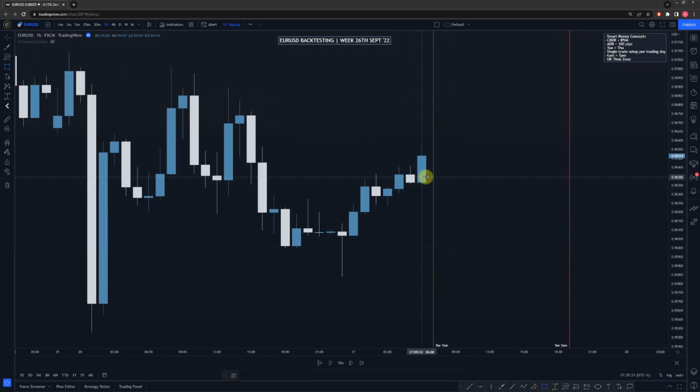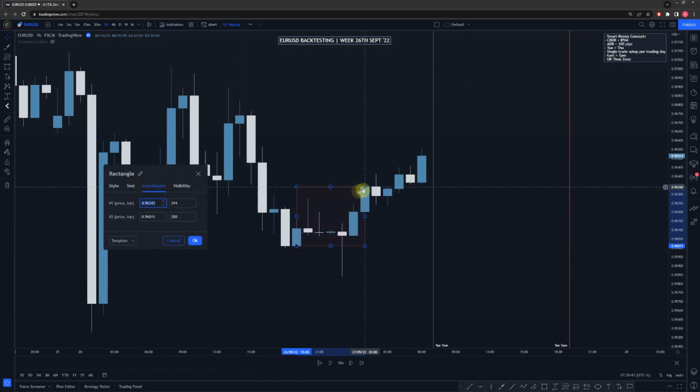So the first thing I'd normally do is I want to mark out my central bankers dealers range, and ideally I'd like this to be less than 50 pips, and I'd like to be very precise with this, and I do ignore the wicks. I only mark out the bodies of the candles. So the high of this bullish candle we have at